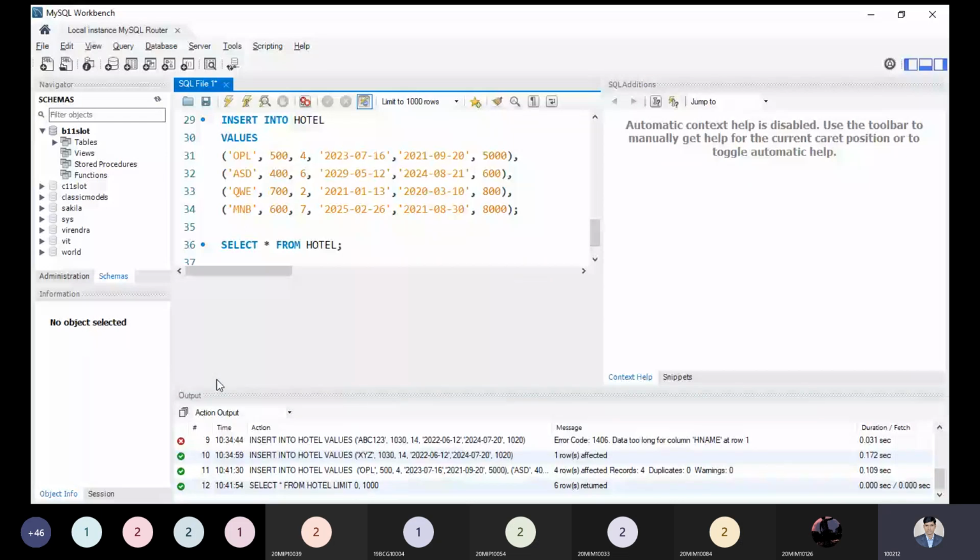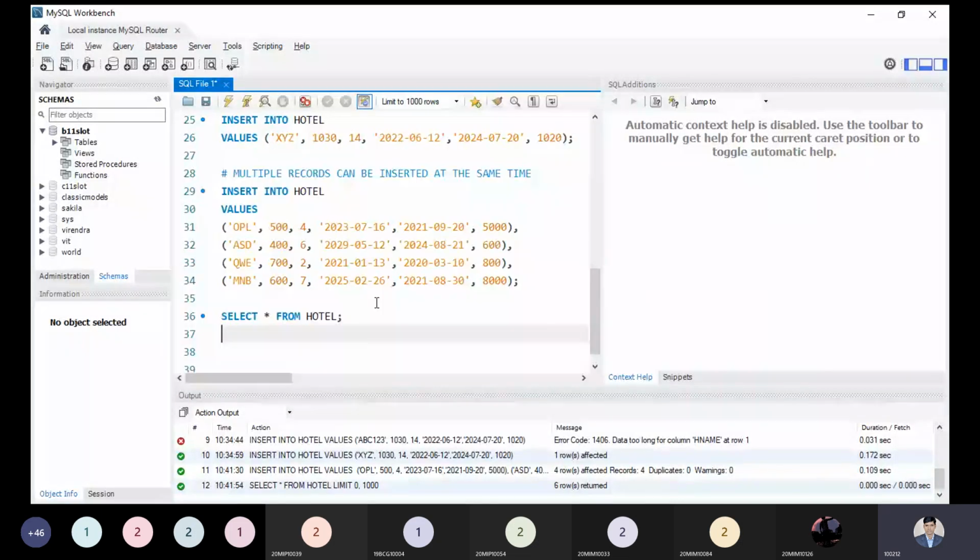Yes. So these were the 2 different operations we have seen. This was the first operation inside the DML operations. So now we have also seen how we can insert multiple records without entering them one by one. Now, this is the important point we have to keep in mind.